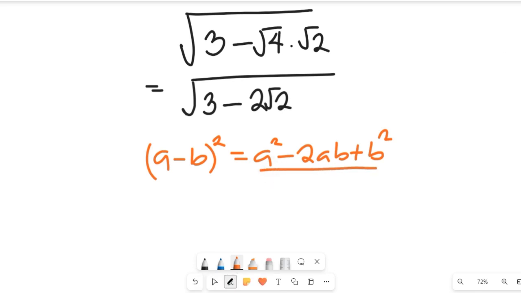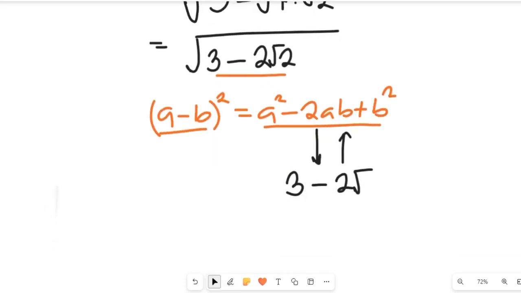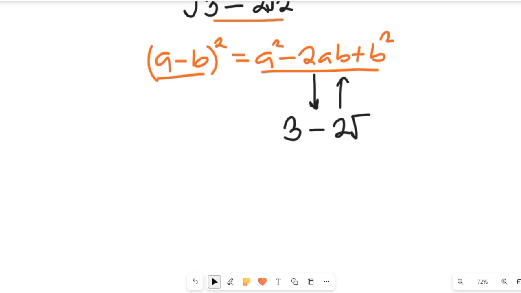So using this and this, let's see how we can reduce this to this value. So how do we do that? We want to rewrite this 3 minus 2 root 2 to have the same form. Now how do we do that? Remember that our 3 is 2 plus 1, right? If 3 is 2 plus 1, we'll have minus